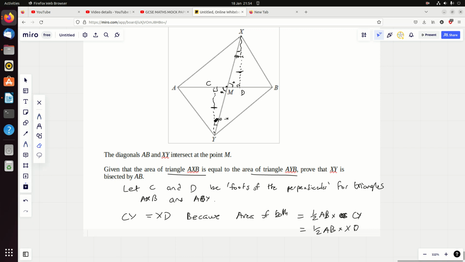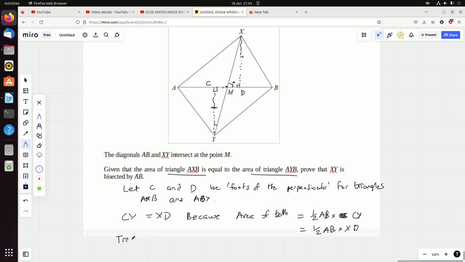The other way you could argue, I actually did, is to use sine rule for the top triangle and sine rule for the bottom triangle. But there's no need for that. So anyway, what are we going to write down? I'd probably write down something like this: